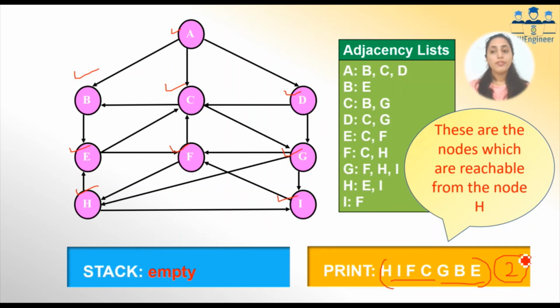Why has it happened? Is it a flaw? No, it is not a flaw. That is not your problem. That is a problem with the graph. Because the nodes which have not been visited are node A and node D. So your node D is reachable only from A and node A is not reachable from any node. So though you are starting from H, you will not visit A and D, and that is very obvious, not a wrong thing. Okay, so that means the answer which I have got is correct. These are the only nodes which are reachable from H.